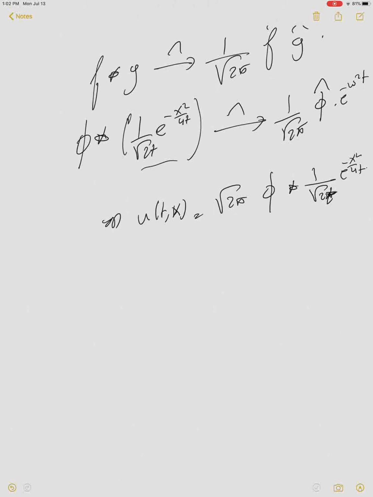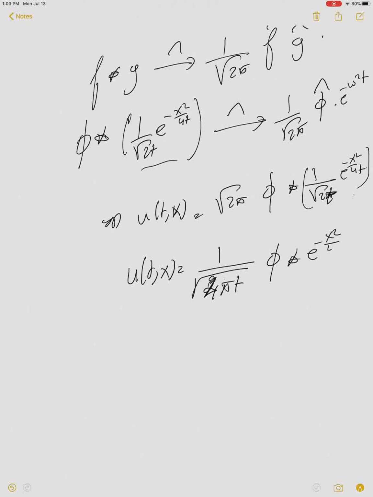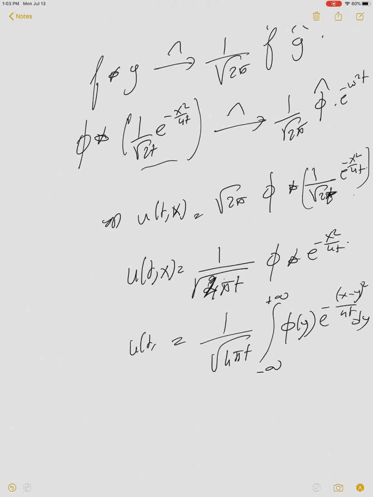Remember this is convolution with respect to x, not with respect to t. So t is like a constant. So 1 over square root of 2 times square root of 2 pi gives 1 over square root of 4 pi t, phi convolved with e to the minus x squared over 4t, and this is 1 over square root of 4 pi t integral from minus infinity to plus infinity phi of y e to the minus (x minus y) squared over 4t dy, and this is exactly